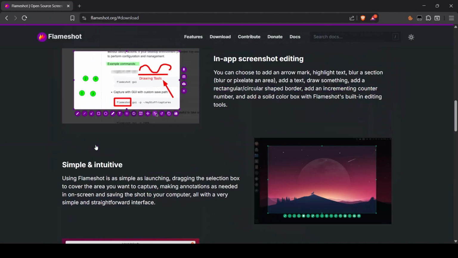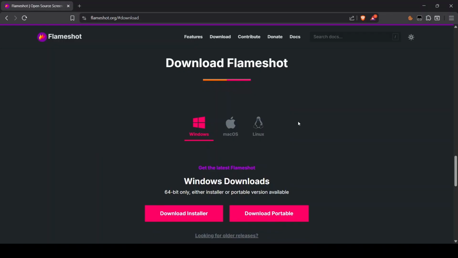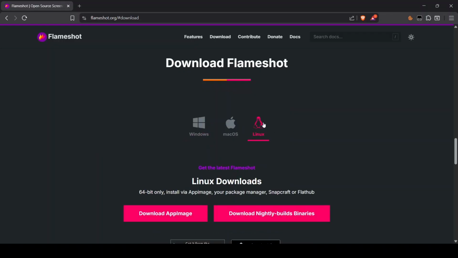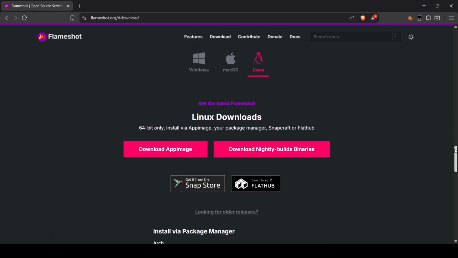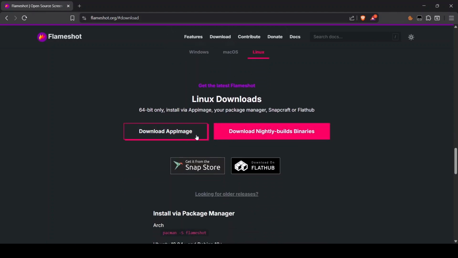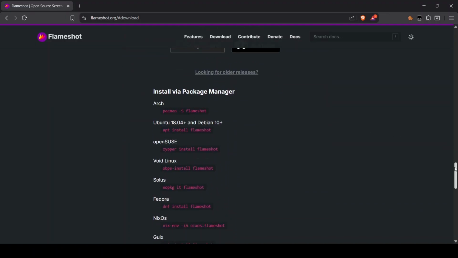So if I click download here, it's a cross-platform application. It runs on Windows, Mac, and Linux. So for us, we want the Linux version. And down here, you can see we have the AppImage. If you want to download the AppImage and run it, we call them portable programs. You can run it as a portable program using the AppImage,